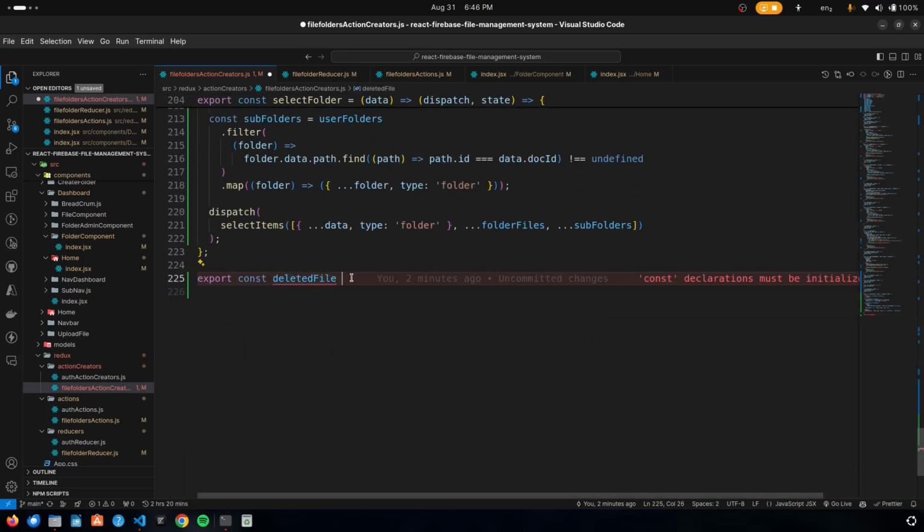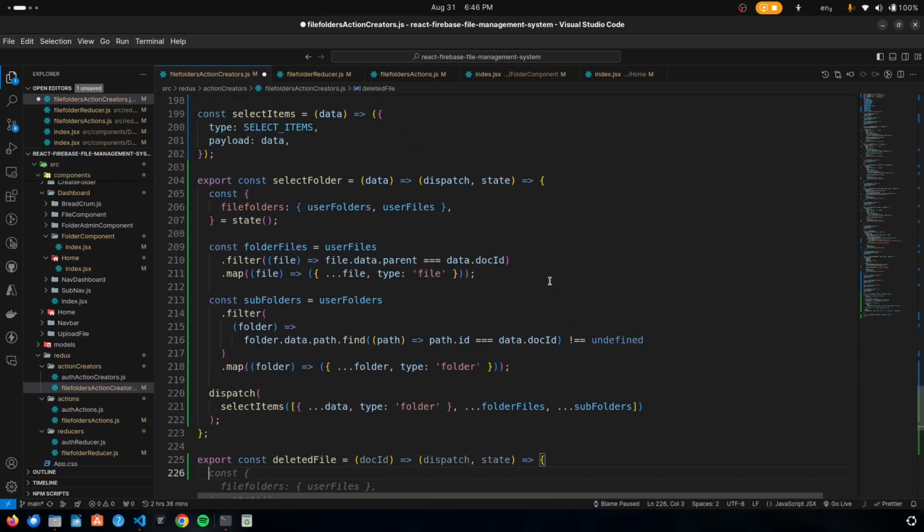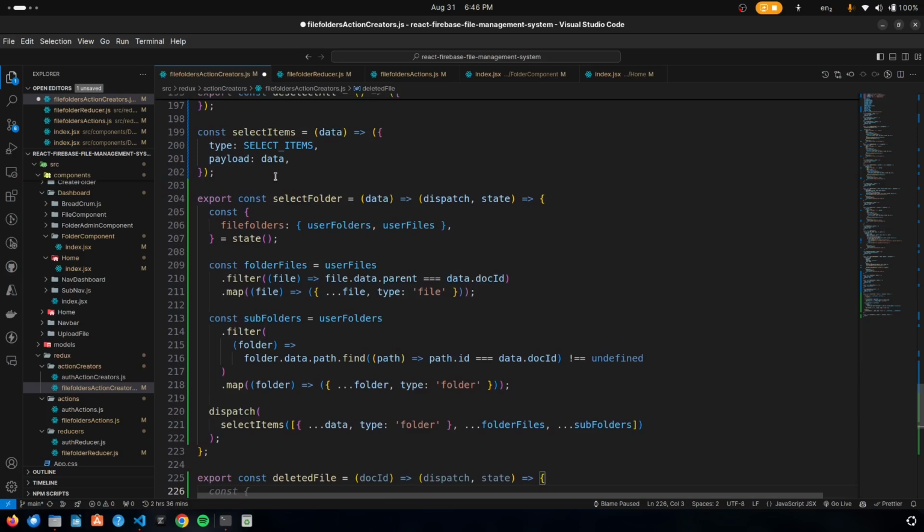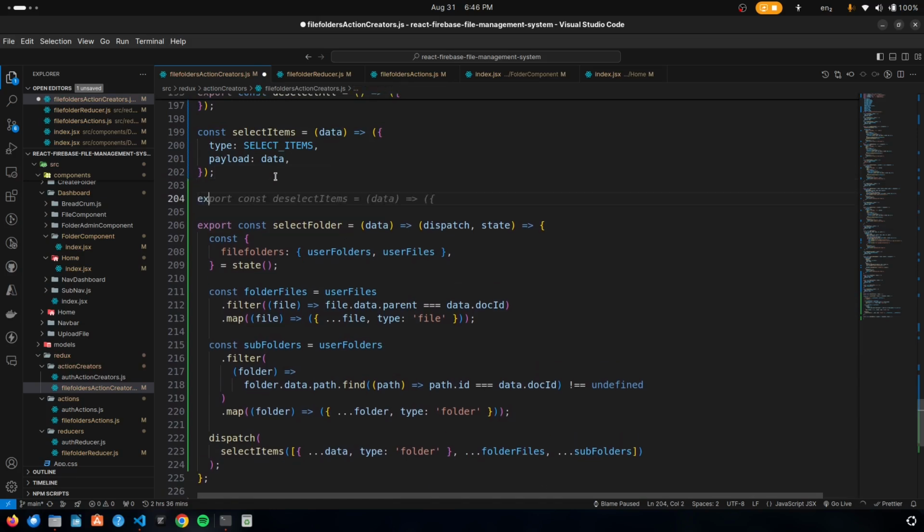So here we have the deleted files, and then we have the doc ID, and here we also need the state. So we also have to find all the ones. For that we need the logic here. So let's create one reusable thing here, a reusable function,